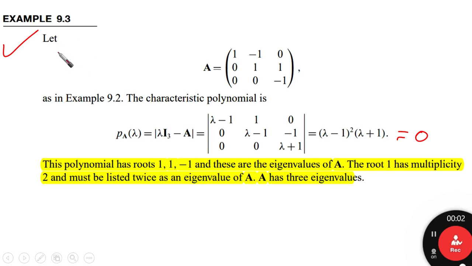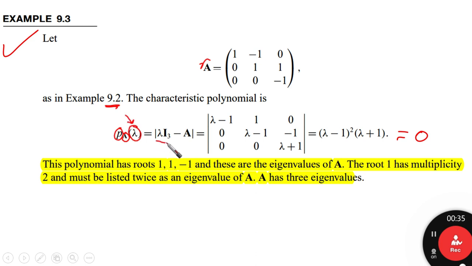Okay, so let's start now with this example. Let's assume that we have A. This matrix is going to be like this: 1 -1 0, 0 1 1, and 0 0 -1. As in the previous example that we had in the previous video, the characteristic polynomial, as we said before, of the matrix A in terms of the parameter lambda